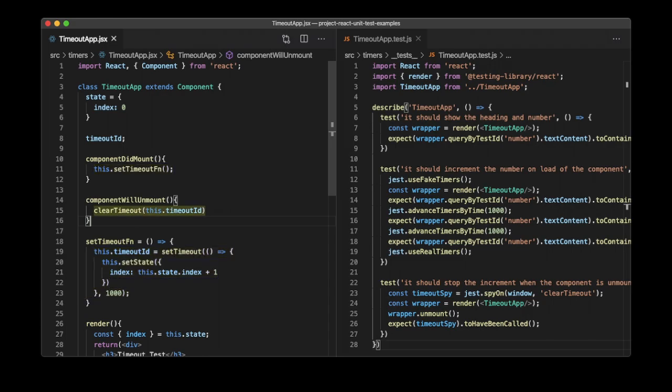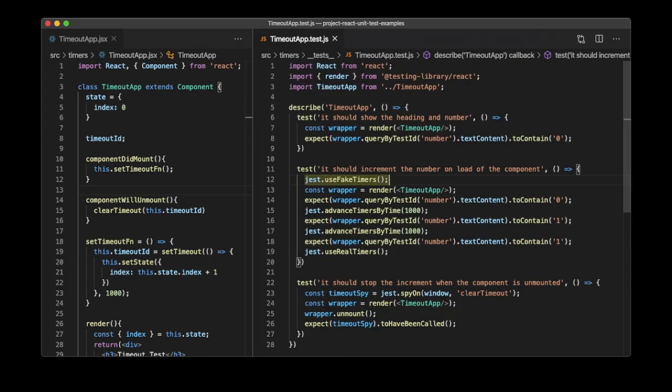On exit of the component, the timer ID is cleared. We are going to use a Jest library function called advanced timers by time. This will allow us to not wait for the 1 second in the unit test and speed up the test. So we start testing by using the